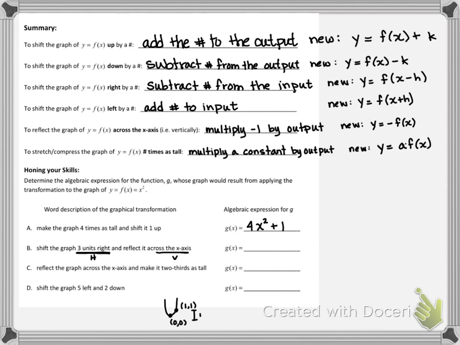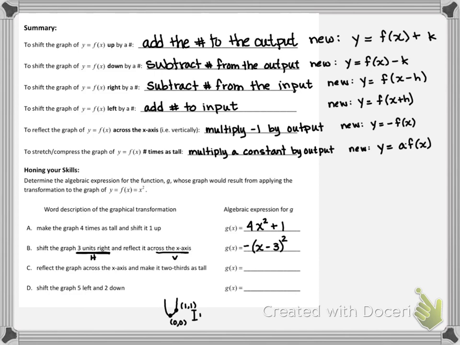Any operations you do before squaring are going to be horizontal transformations, and any operations you do after squaring are going to be vertical. So I'm going to start with my input. What should I do to my input to shift it 3 units right? Subtract 3. And then I'm going to square that whole thing